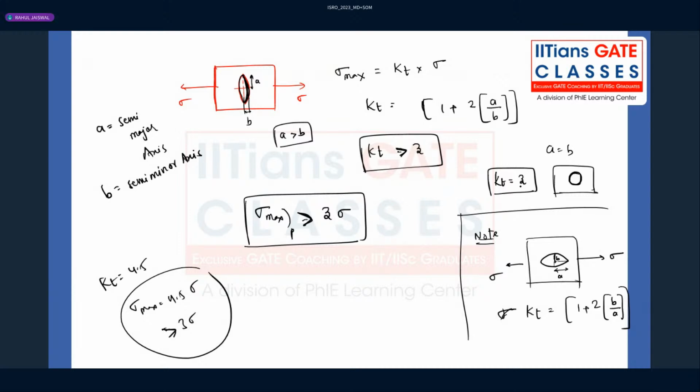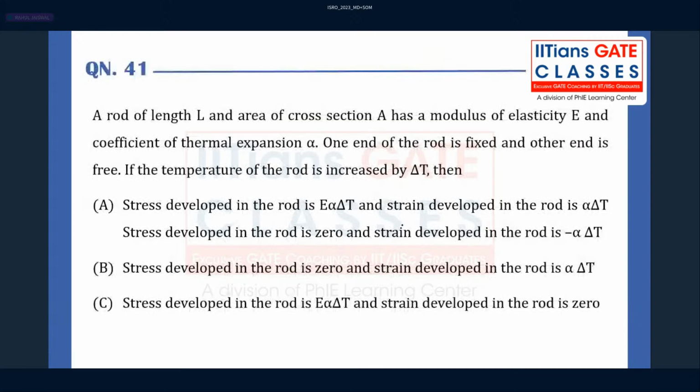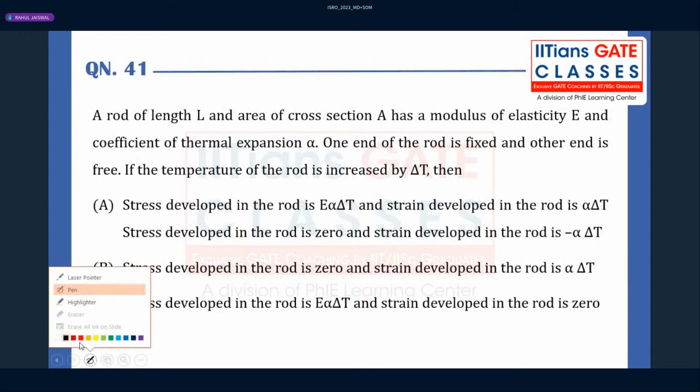For a circular hole, I'm talking about the circular hole. So this is also one of the important questions. Now, try to solve this particular question. Question number 41. A rod of length L